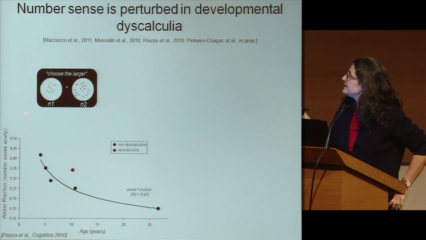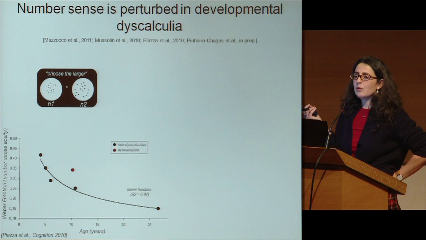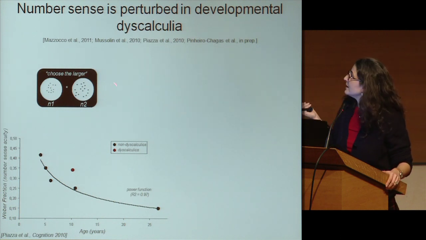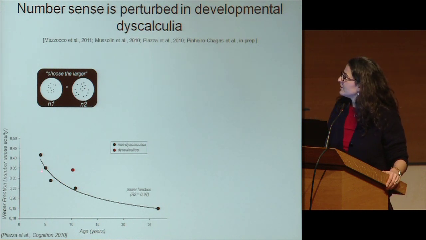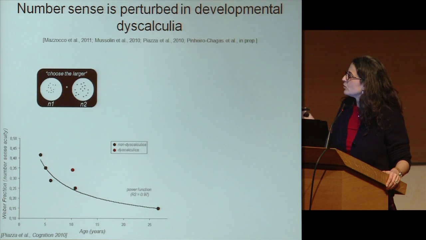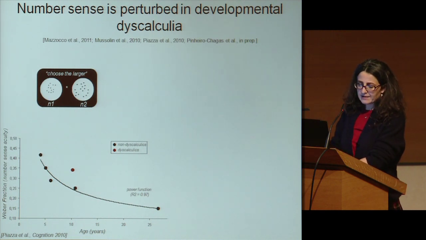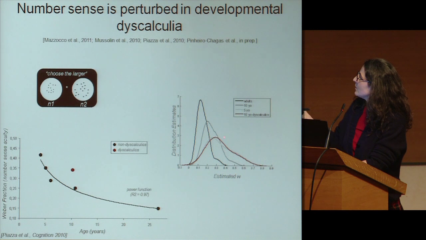abilities. So with this very simple psychophysical task, using the method of constant stimuli, we measure for each and any participant the Weber fraction for this dot comparison task. And we tested children of different ages and adults as well as a group of dyscalculics. And we showed that the Weber fraction in dyscalculics is much higher than their controls matched for age and intelligence, and indeed not significantly different from a group of kindergarteners tested here.